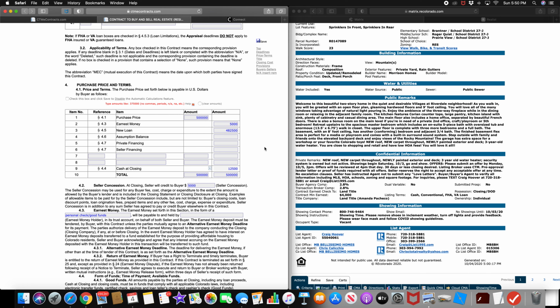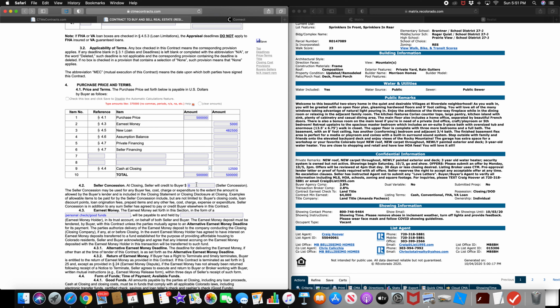5,000 here. I just want to play around with this to show you a little bit different scenarios. Let's go with 0, because this particular property, we probably couldn't do that. We'd have to really come up higher on this number, and if we had to ask for concessions, you raise the purchase price, and it's going to get funded into there anyway, financed. So,